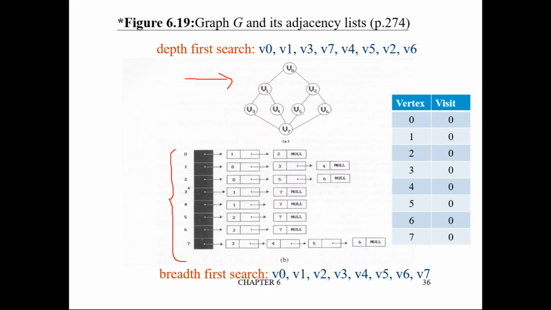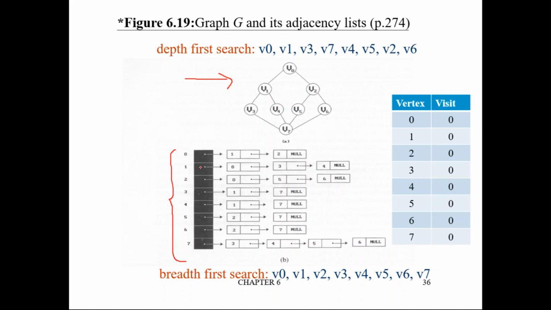So you are creating an array of pointers. The size of the array of pointers should be equal to the number of vertices. Here we have 8 vertices, 0 to 7. So the size of this array of pointers is also 8, 0 to 7. If you take vertex 0, it has two edges, one edge to v1, another edge to v2. So from 0 we have a node 1, which is connected to another node 2, which means that 0 is connected to 1 and to 2, so on and so forth. It is applicable for all the vertices. Okay. Now let us see how we are going to implement it programmatically.